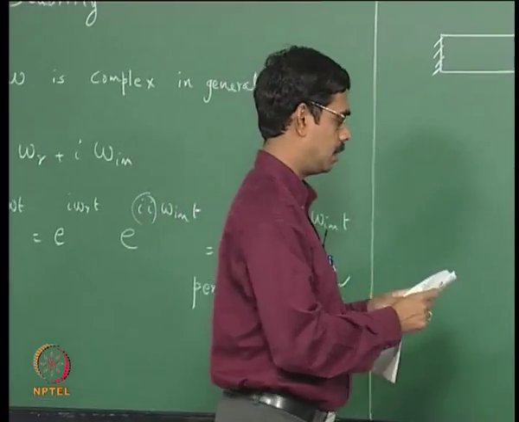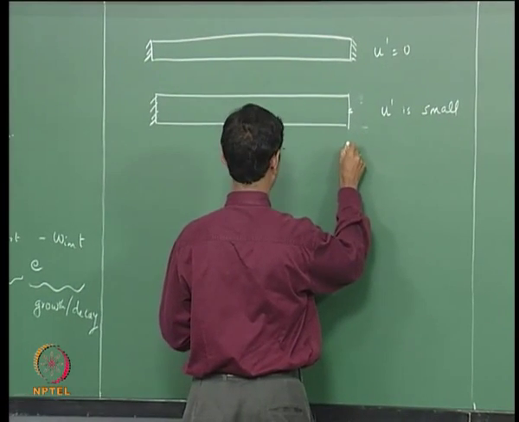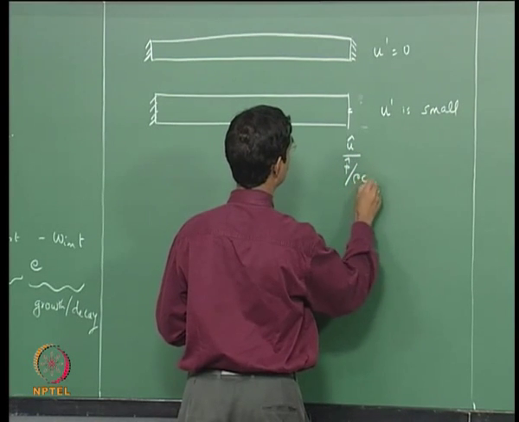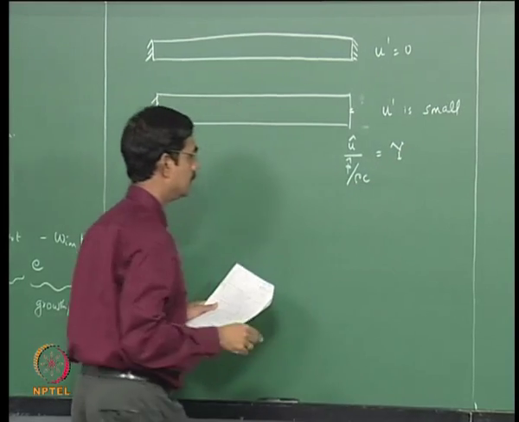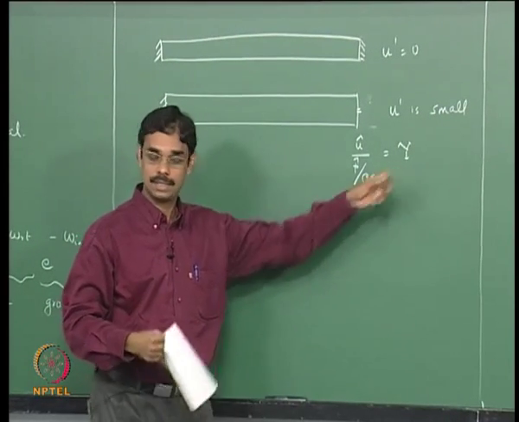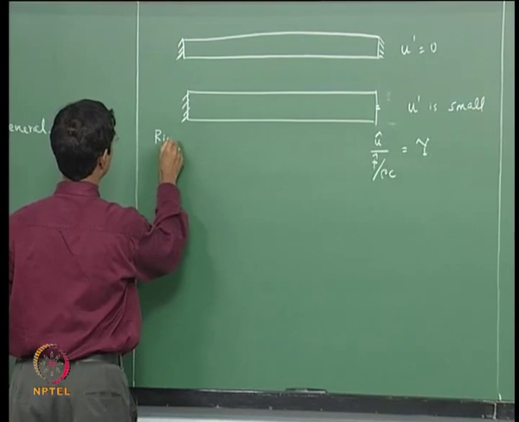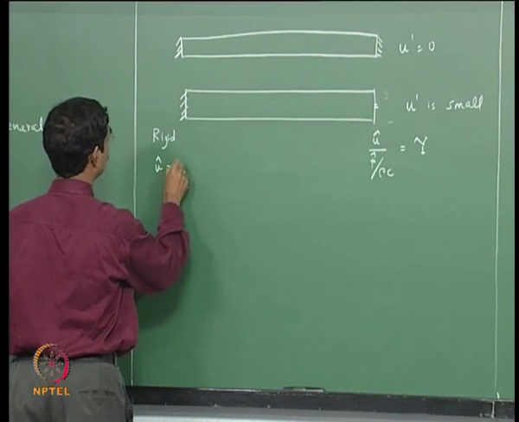So the boundary condition here would be u hat over p hat over rho c equal to script Y, which would mean this is non-dimensional admittance, and it is very convenient to work in terms of non-dimensional admittance, as you would see. That is the reason we do it, and here it is perfectly rigid, that means u hat equal to 0,